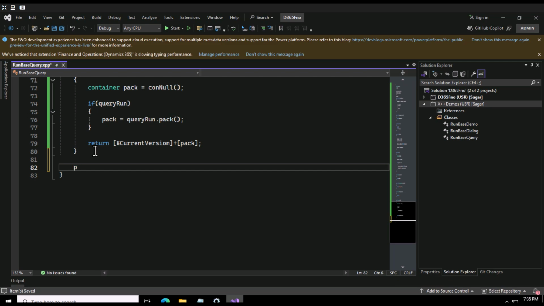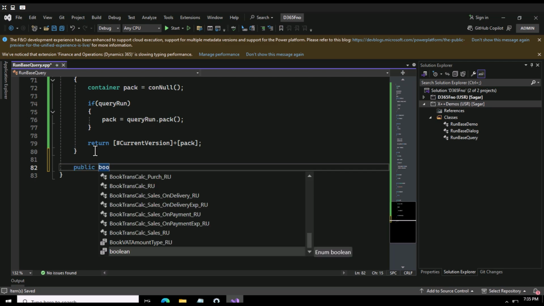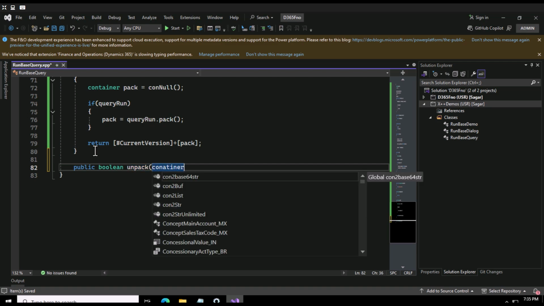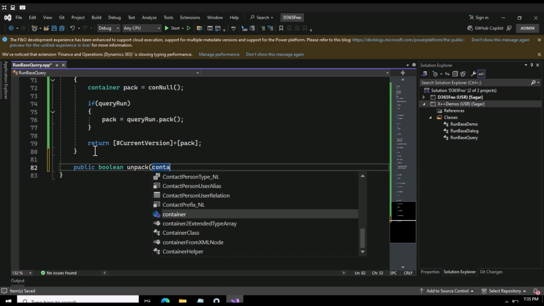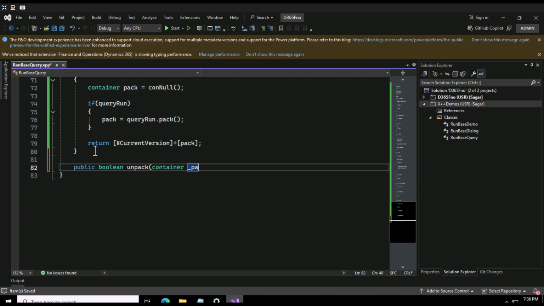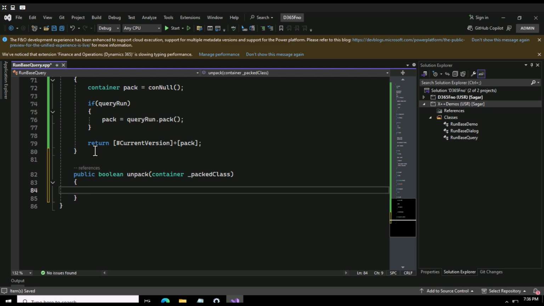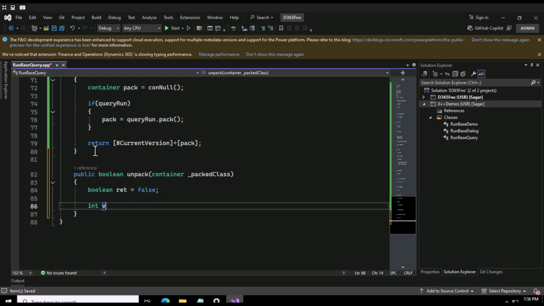So I can say public. Here the return type would be boolean unpack, and then I can say container. I'll show you how it will be used. I can define an argument here, and then initially I will assign it false, and then as usual we'll use this version variable,